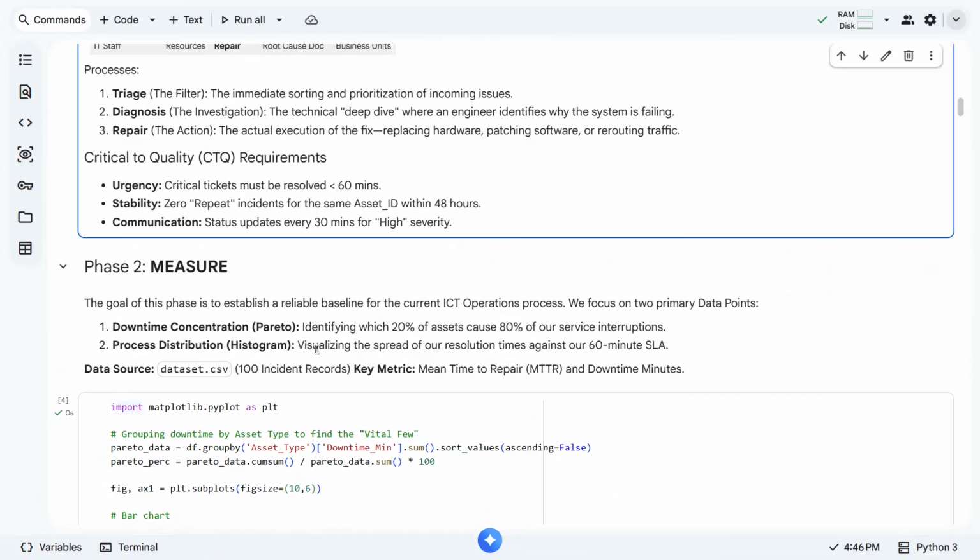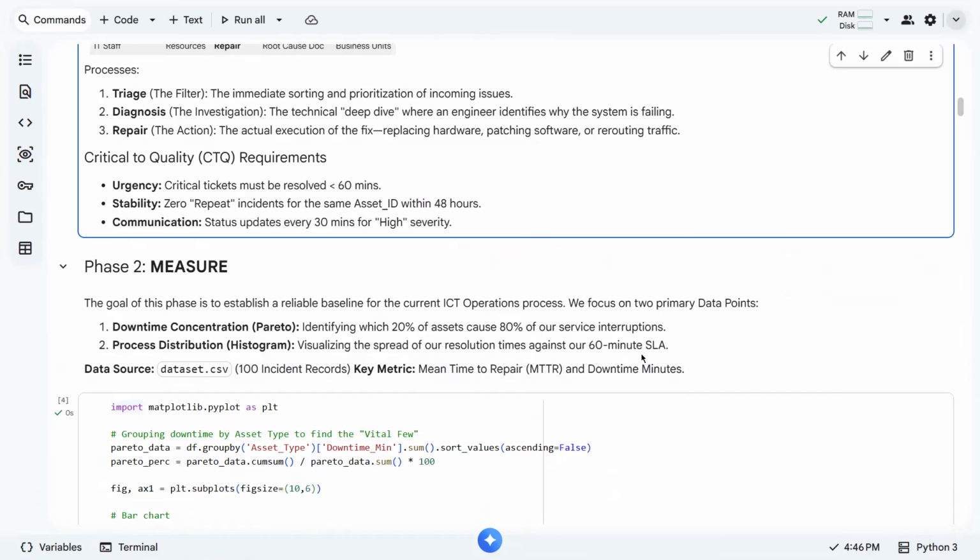Okay. And meaning whatever we identify as the 20%, that should be the subject of our improvement. Maybe we upgrade to another better equipment, or maybe we add some plugins or any boost to our system, so that we can get rid, or almost get rid, of 80% of our service interruptions.